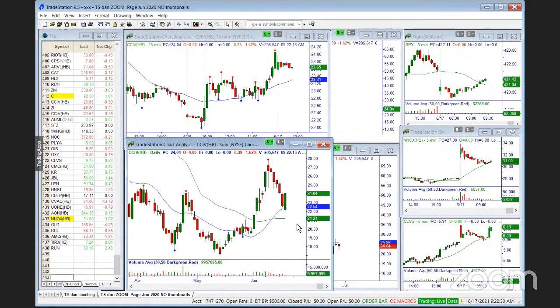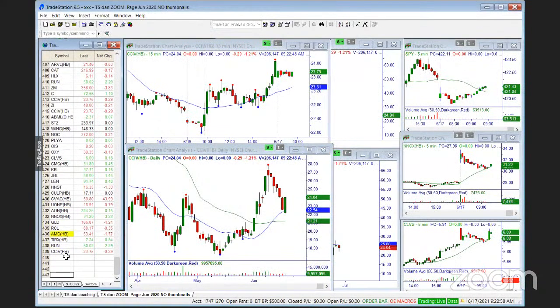Right, CCIB. Yeah, Janet bought some of this in the afternoon, a little breakout. This was one of my favorite longs if you did want to nibble onto something. So that looks good. So 22 put spread, yeah, I like it. Go through your checklist, of course. You gave me the strikes, you've got to give me the premium. Are they liquid? Any pending news? But yeah, I like it.